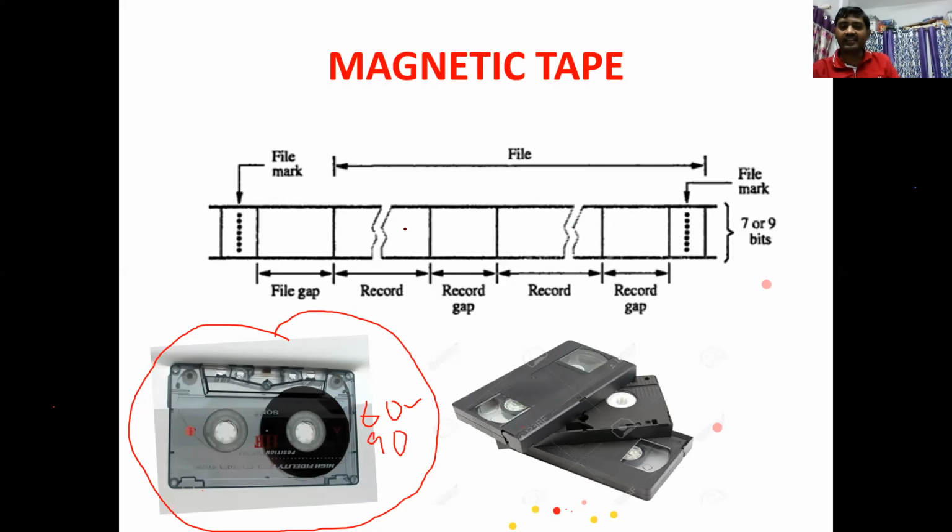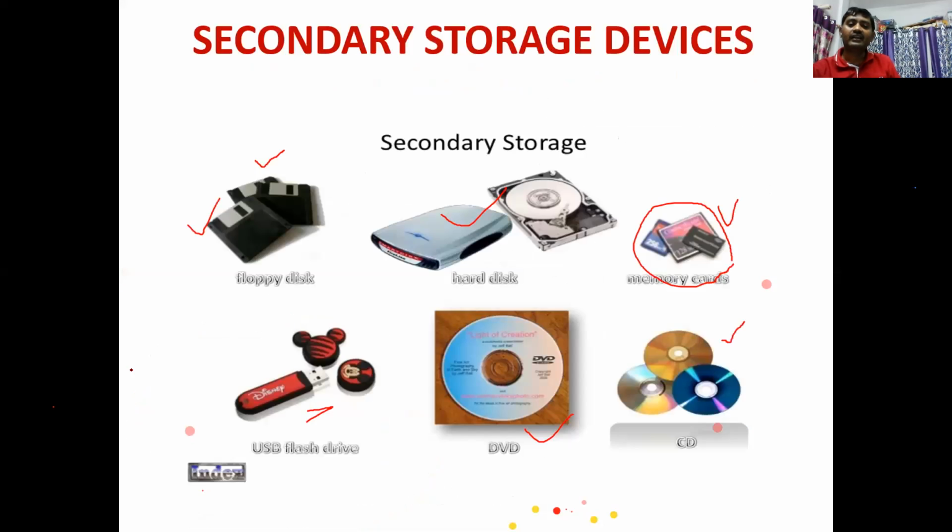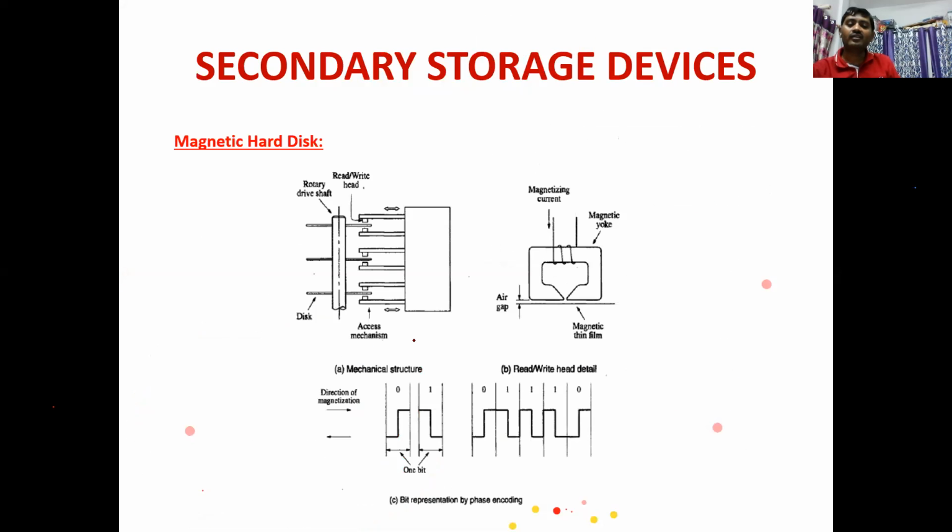So it is serial access. It will be stored serially: first song, second song, third song, fourth song, fifth. Suppose you want to go to the fifth; you don't have another option. You have only two options. One, you listen continuously from 1 to 5. Otherwise, you have to forward 4 songs and then listen to the fifth song. Whereas in a CD, you can directly go to that particular song. That is what random access is. So that is the CD.